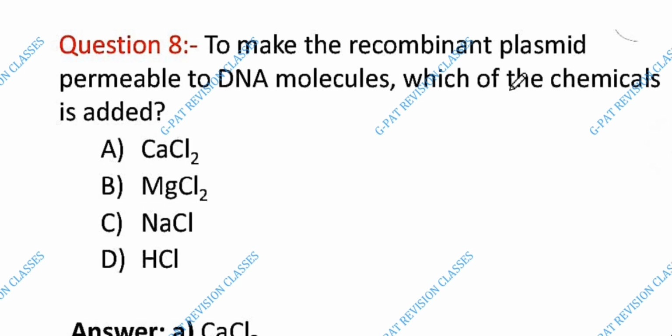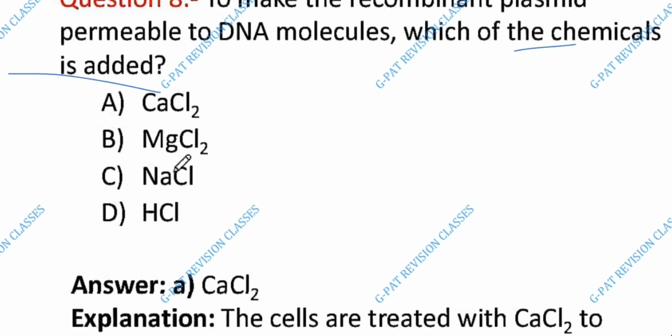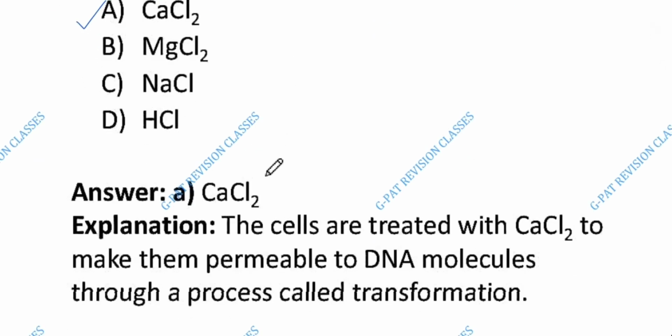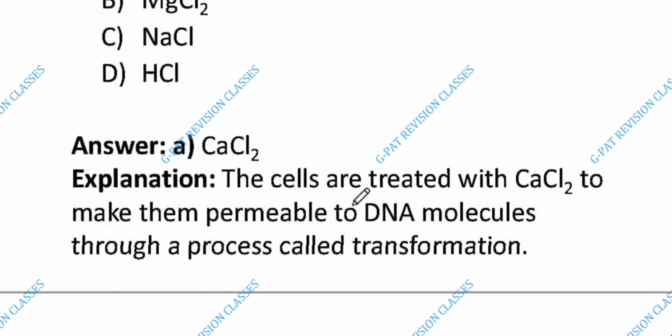To make the recombinant plasmid permeable to DNA molecules, which chemical is added? कौन सा chemical इसमें added होगा? The answer is A, CaCl2. Okay. Explanation: the cells are treated with CaCl2 to make them permeable to DNA molecules through a process called transformation. The answer is A. Okay. Next is